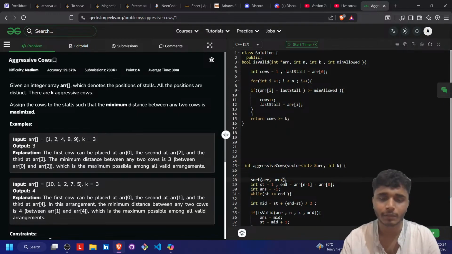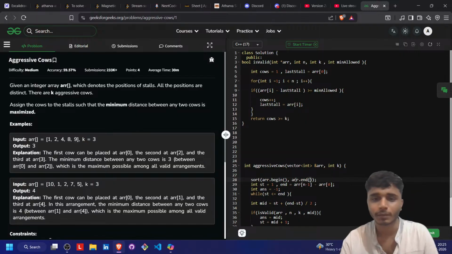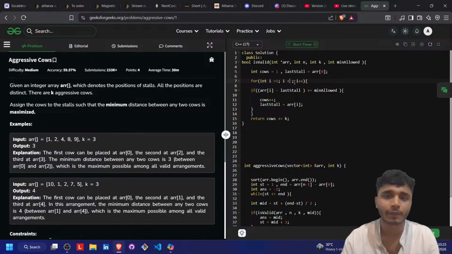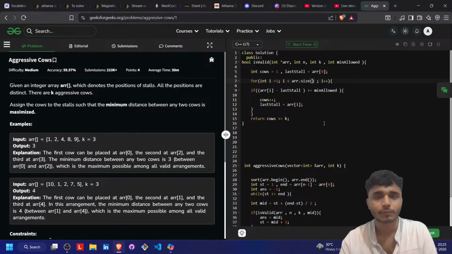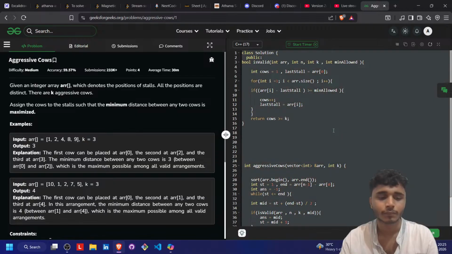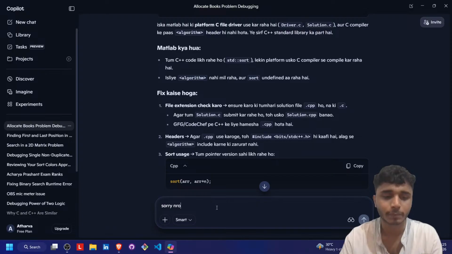Okay, now we can sort the array like this: array dot begin, comma array dot end, right? And now what we can do here is array dot size, and there it will be removed. Okay. And mistakenly I used